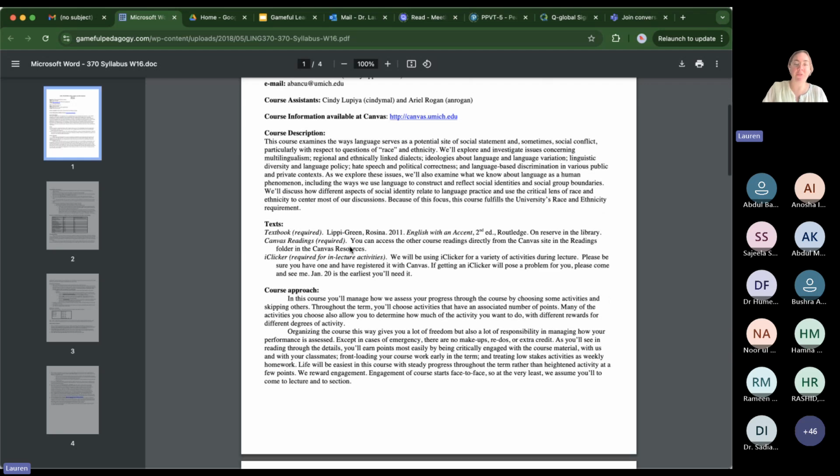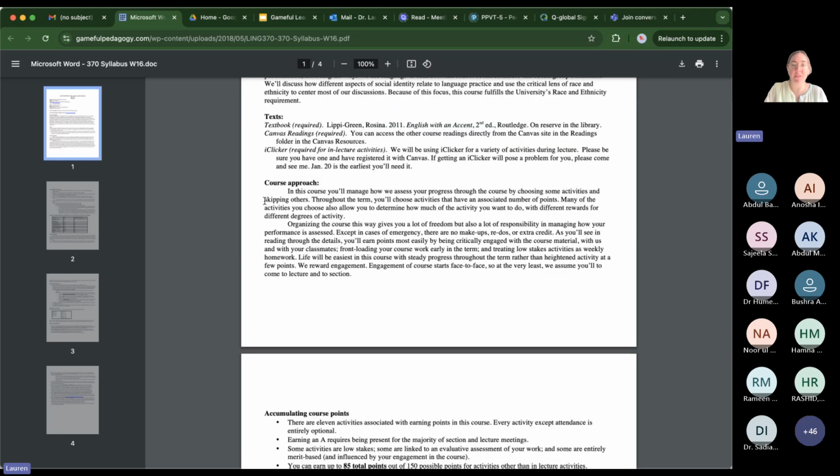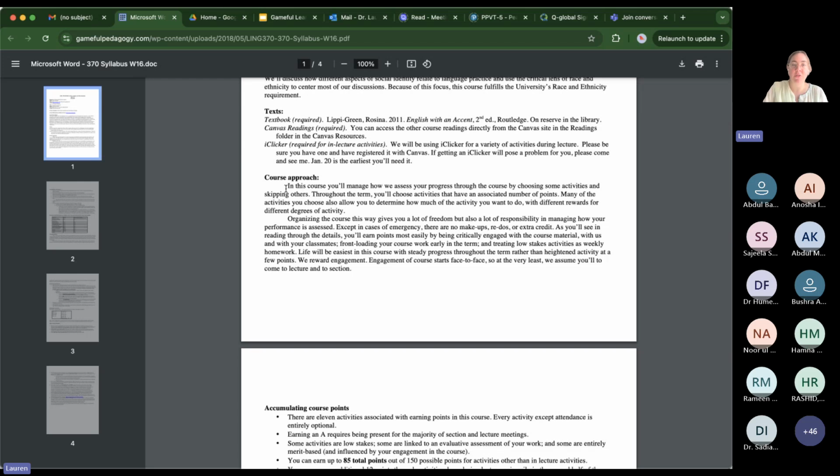And then we're going to look down here at the course approach. So I'm just going to pick out some key points. The instructor says, in this course, you'll manage how we assess your progress by choosing some activities and skipping others. You'll choose activities that have an associated number of points.